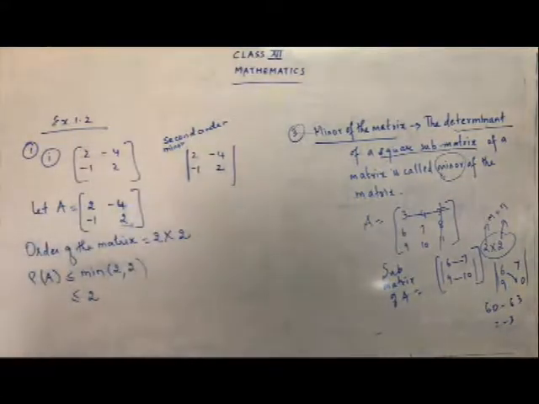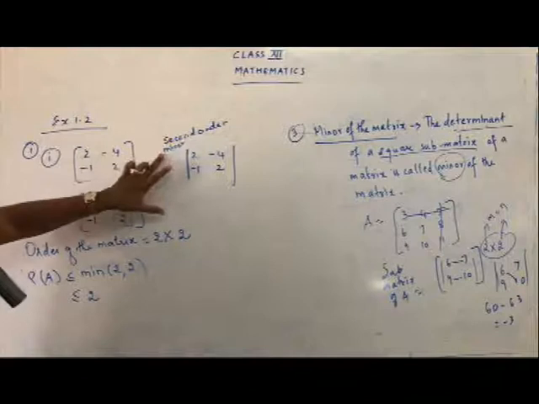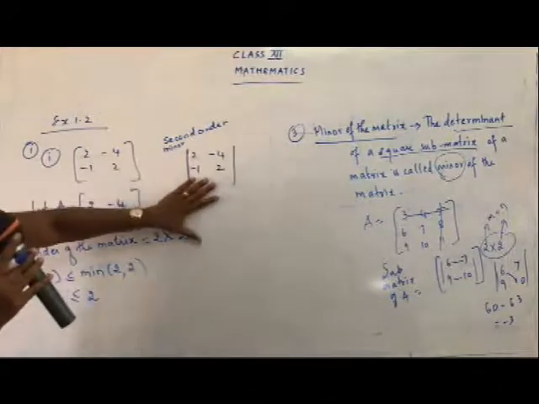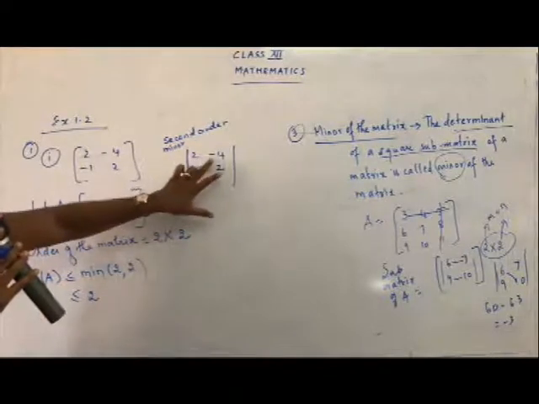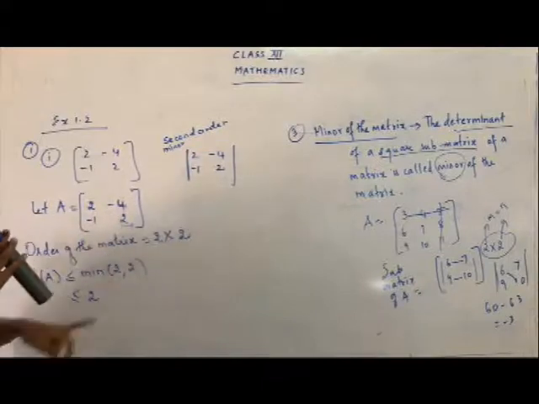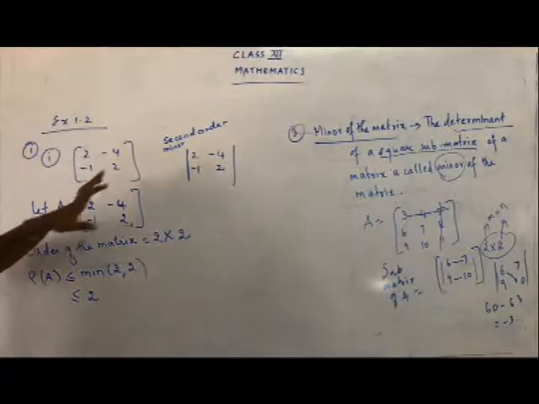It was told that for the minor part, for taking a second order minor, you are going to represent it in the form of a determinant, but you have to use a square matrix. If you are taking 2 by 2, you take 2 by 2. You may take 3 by 3 or 1 by 1; you can just take a single element. But don't take 3 by 2, don't take 2 by 3. We don't want any other matrix.